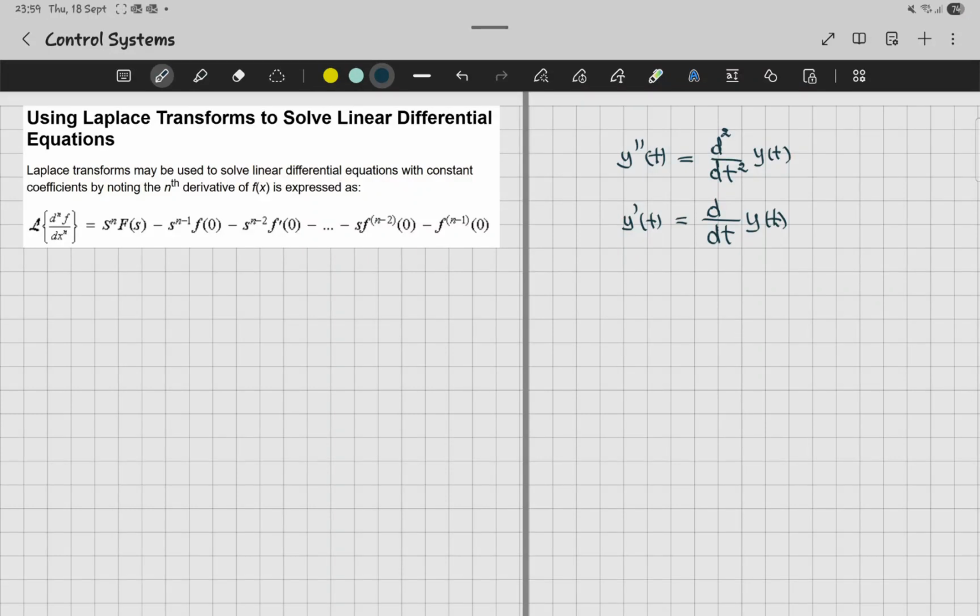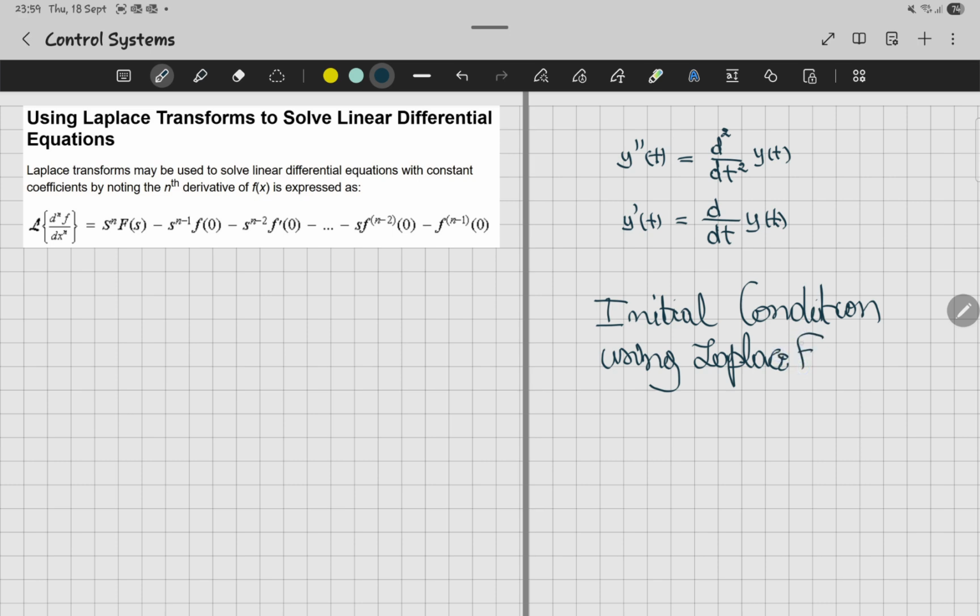Today's topic is about initial conditions using the Laplace transform on differential equations. So this is what we'll be covering today, and this is the presentation that we're going to get,